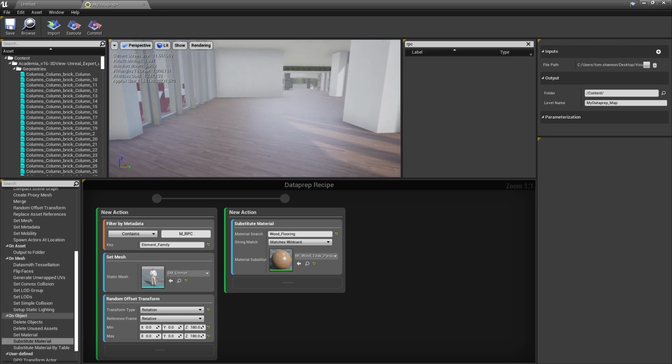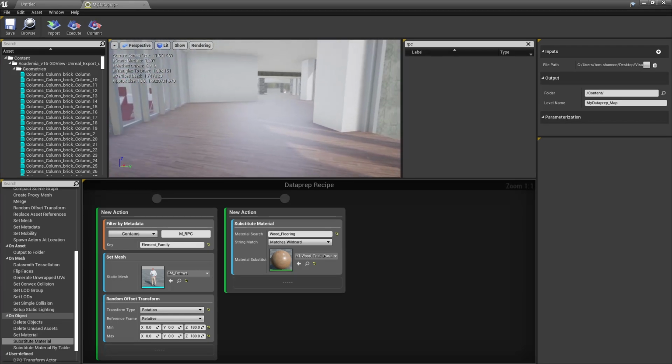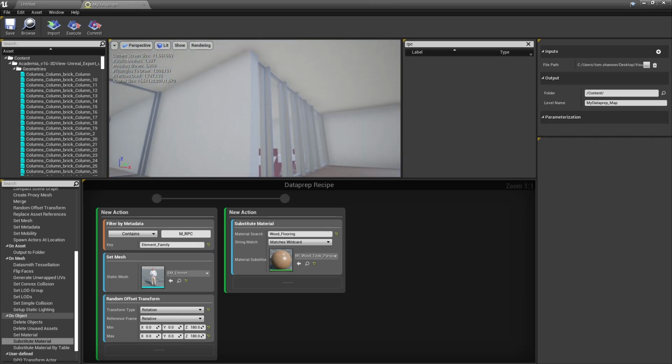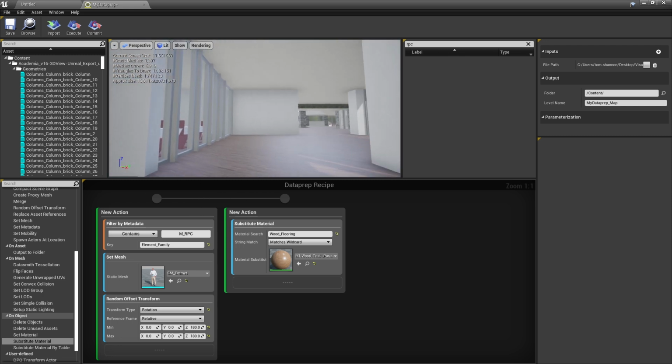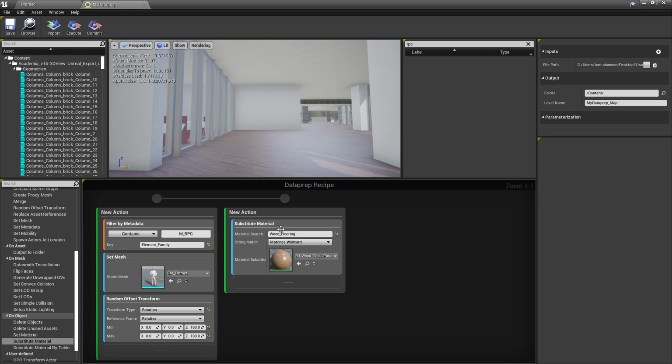Now, as you can see, our floor material has been replaced with a much nicer looking material. Now there's a lot more materials that we need to replace here. We've got glass and metal and this concrete, etc. And so we could, of course, just go and keep adding more and more of these substitute materials in here. And that works pretty well, but it's not really reusable.